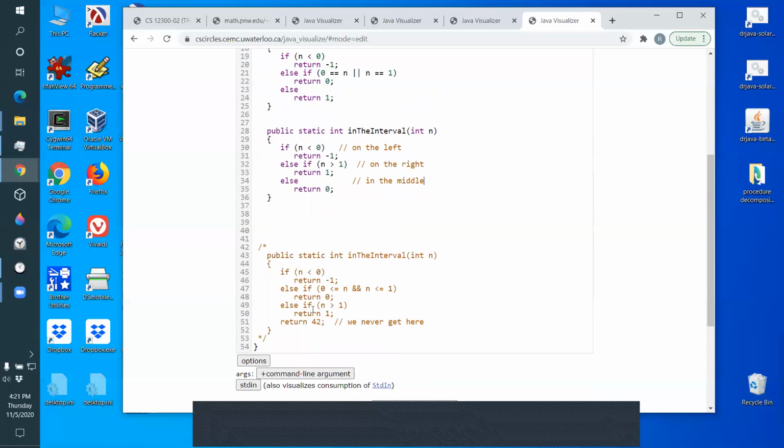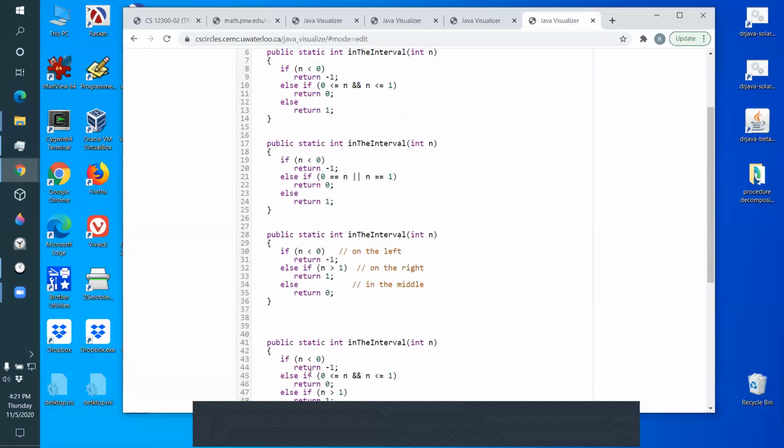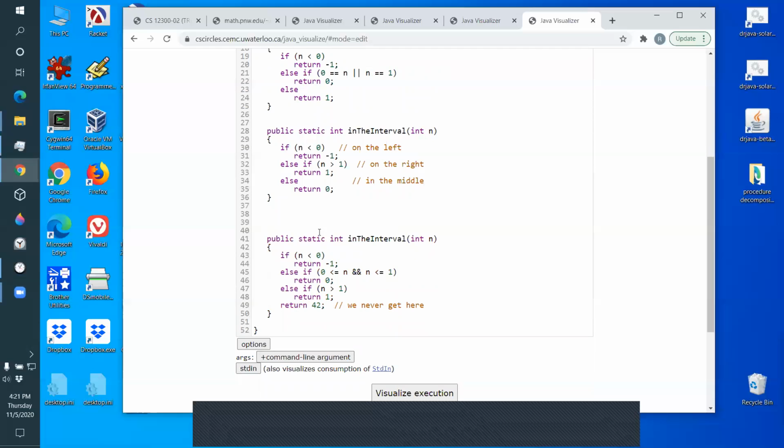Now all of these are equivalent. As a programmer, you can say, well, it doesn't really matter which of them you use. They all do the same thing. And that's important. All four of these now do the same thing. Okay, but